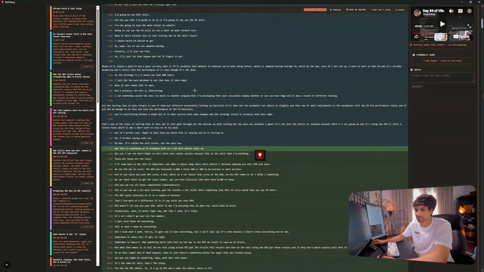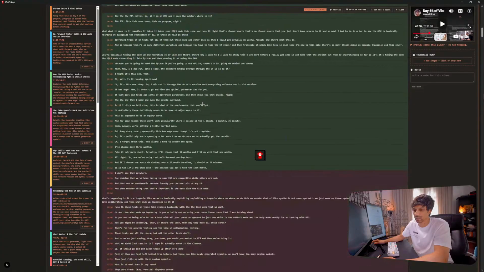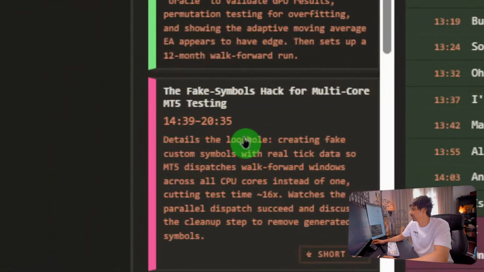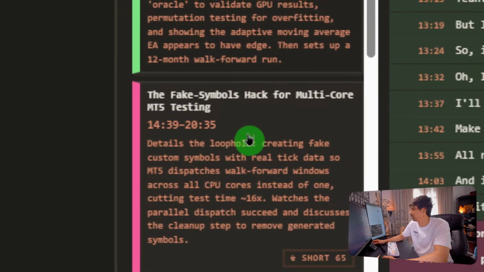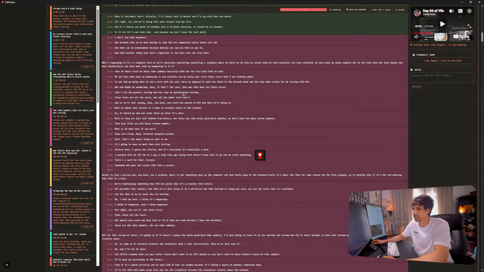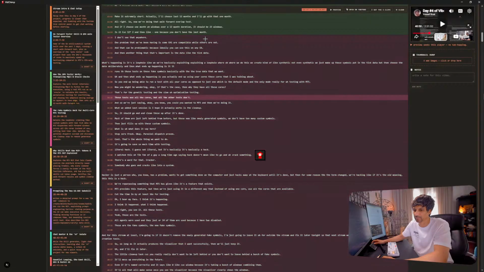Now the highlighted section, like let's say whichever section you want, I want to use this pink section here. I think that's this one. The fake symbol hack for multi-core testing. Okay, could be a nice idea. Auto highlighted because it clicked. So now it's not